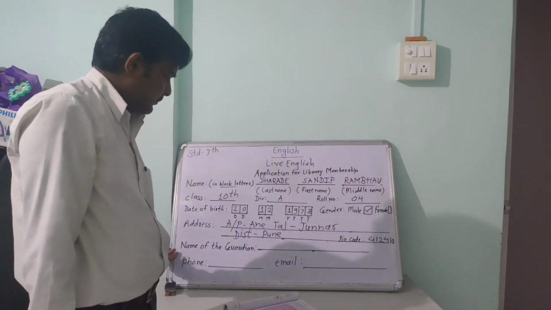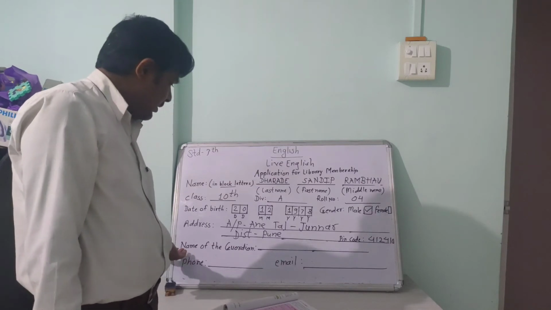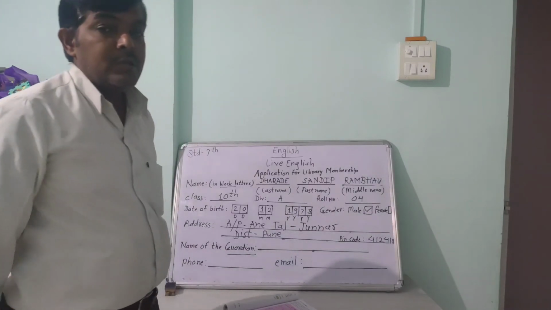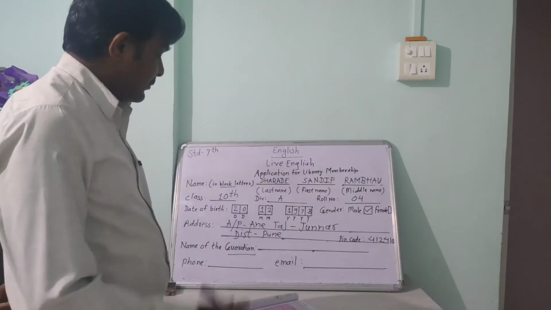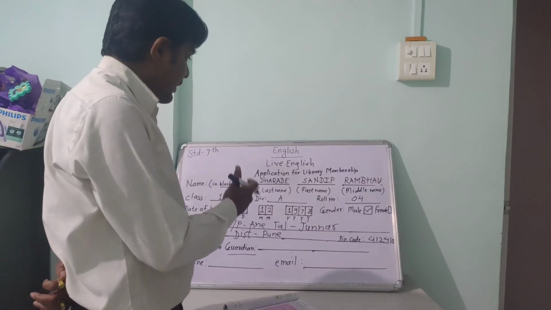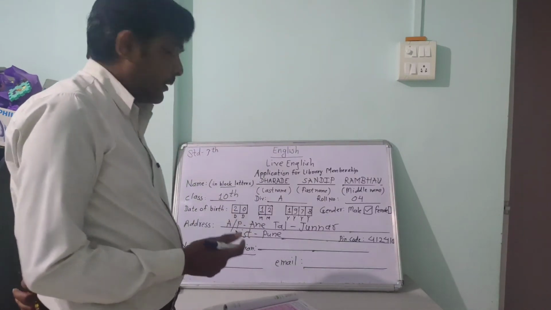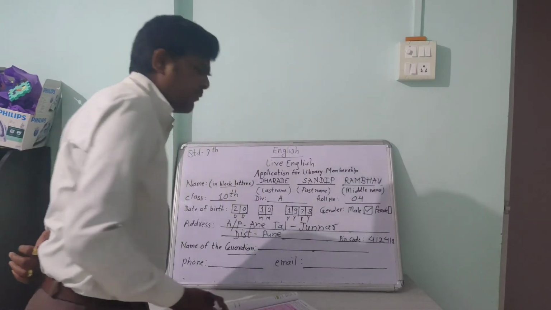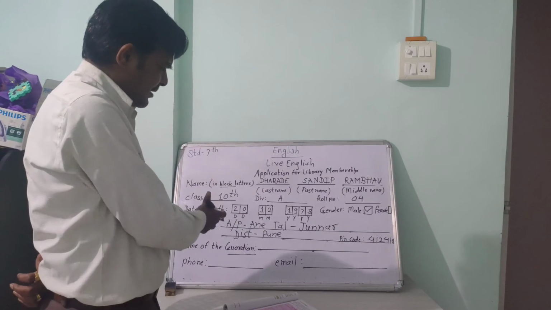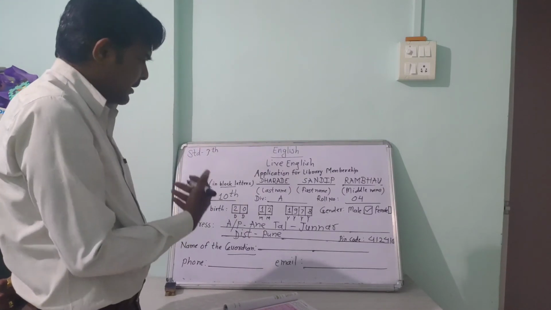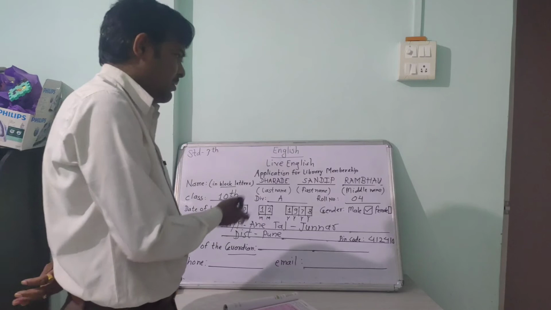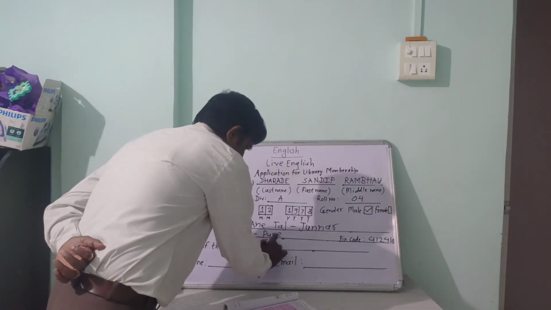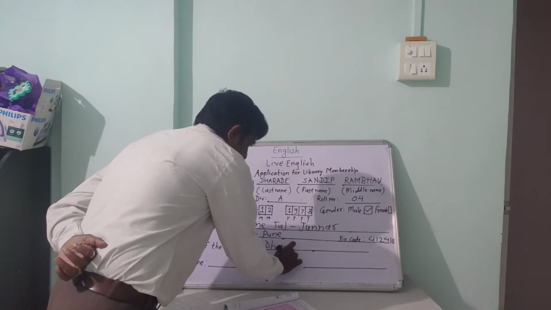Look at the next one, our second last point, name of the guardian. Guardian means the person who takes care of us. You must fill in the name of our guardian, that means our father's name. So you have to write down once again in block letters. Here we never see such instructions given. So it depends on you. You can use capital letters or small letters. So I just write down my father's name in small letters also.